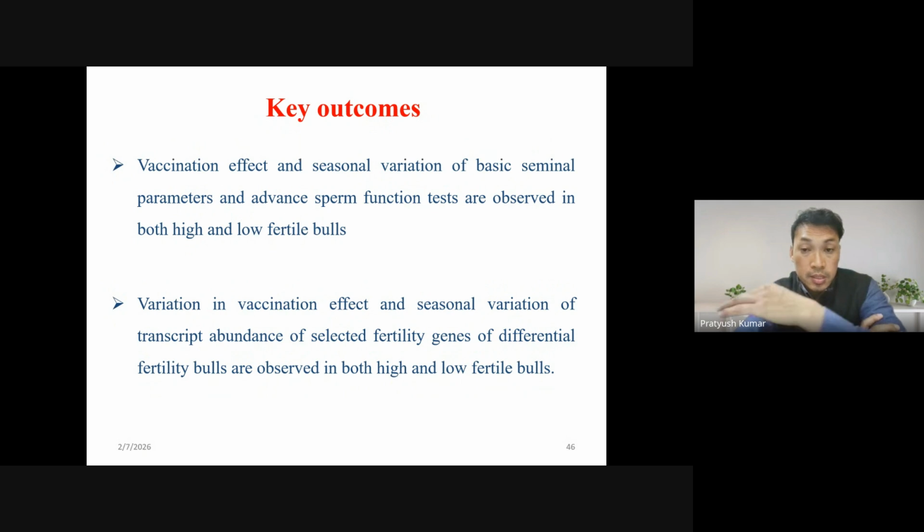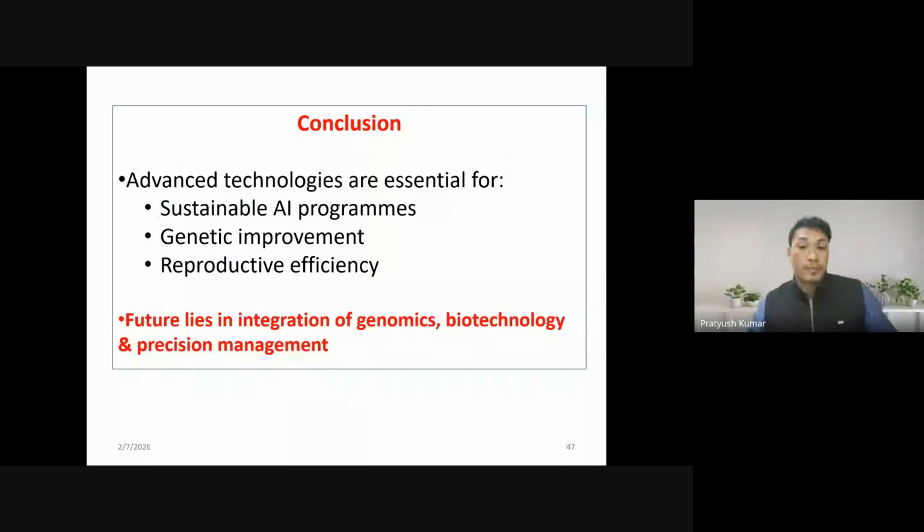So to minimize these interventions and causes, semen stations must be equipped with the best possible facilities to provide a good environment, and to overcome this vaccination effect. Some medicines can also be supplemented, and feed supplements are also important.